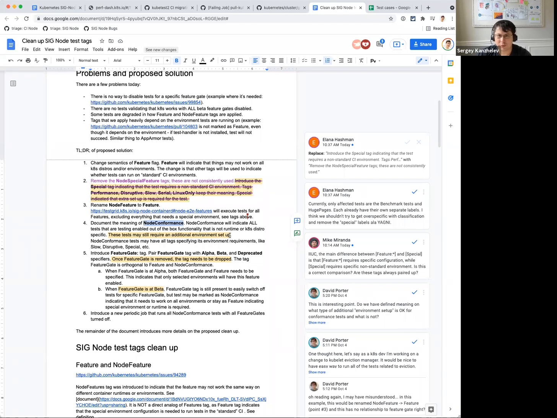Yeah, so node conformance is kind of opposite to feature or node feature. Today we don't apply node conformance to some test cases, and some test cases we have have neither node feature nor node conformance, which makes them very hard to query. When you design a job, we have jobs that run node conformance, and we have jobs that run all the features, but we don't have jobs that run everything that has neither. So yeah, I suggest